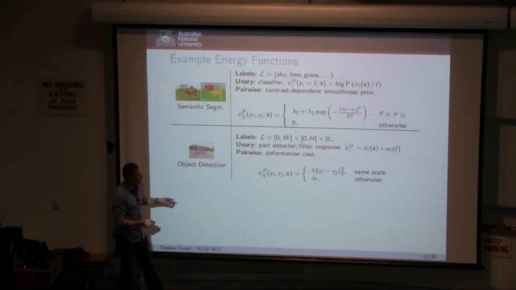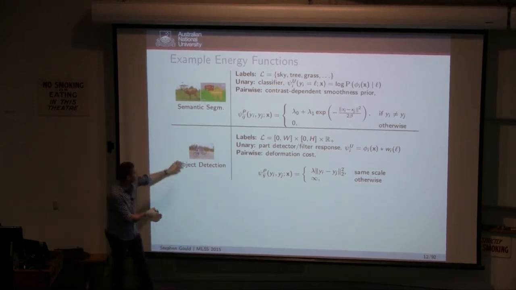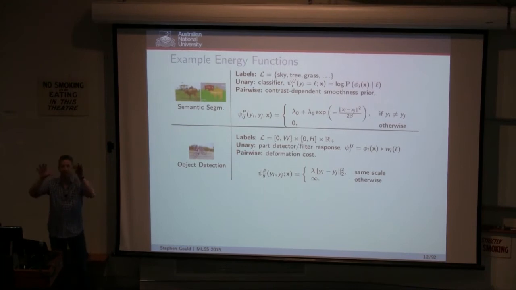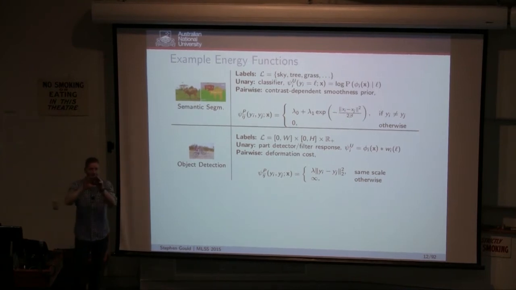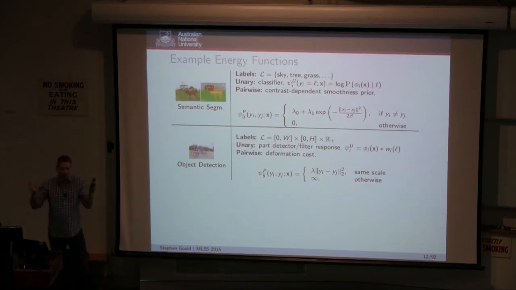And what that does is it says, well, I know from my training data that parts should appear at certain locations from each other, relative locations to each other. I'm going to allow those parts to move away from each other a little bit, but I'm going to start penalizing if they move away too far, okay? And so you have this quadratic cost function that the further you are away from your expected location to each other, the higher the cost you pay, right? And there's going to be some offset terms in there to allow the parts to be offset from each other. Okay,